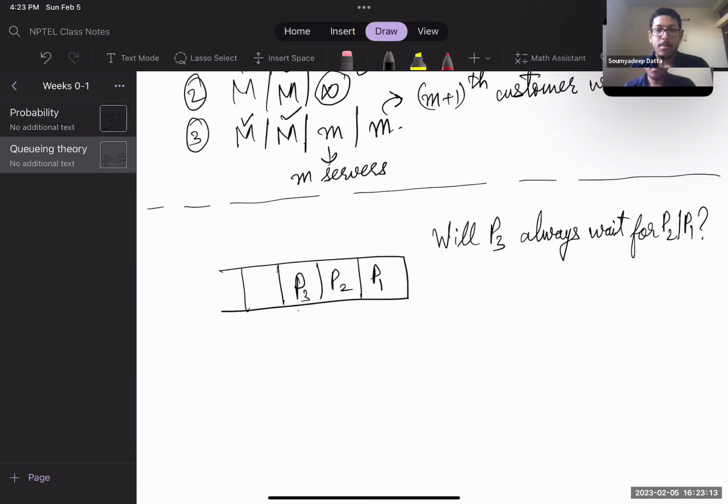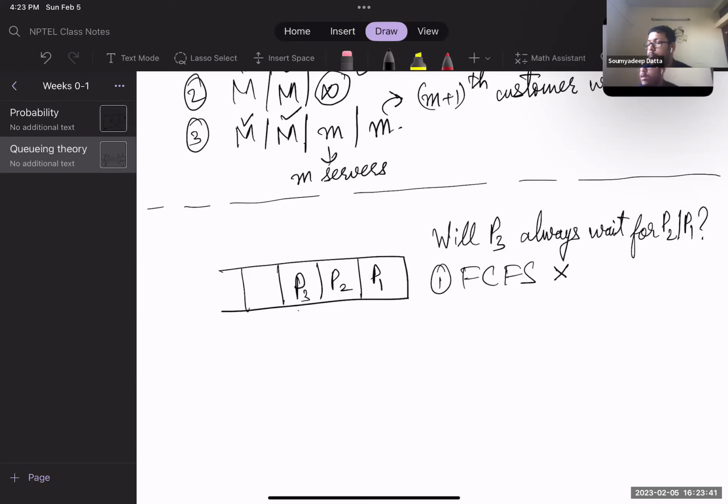So that is the common sense answer you would think. But then you are operating under a few assumptions. You are assuming that number one, service is first come, first serve. This might not be true in general. I can have a different policy, right? I can also